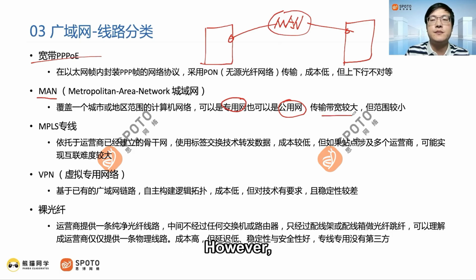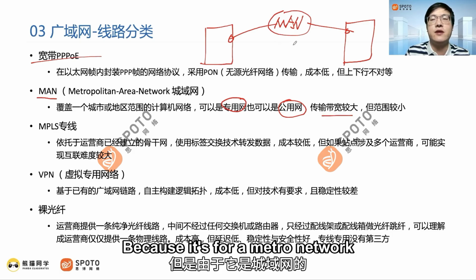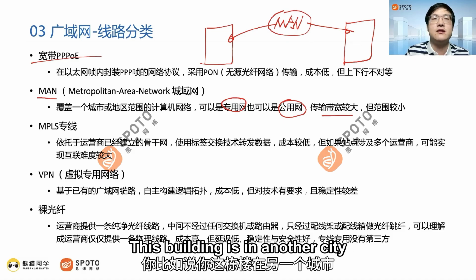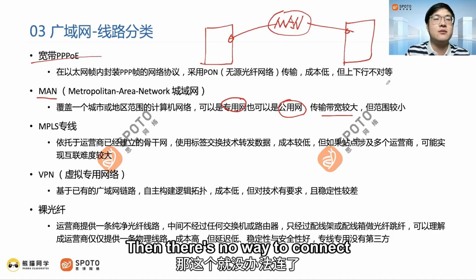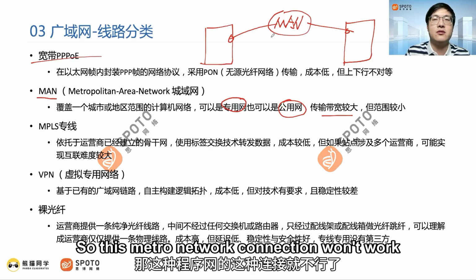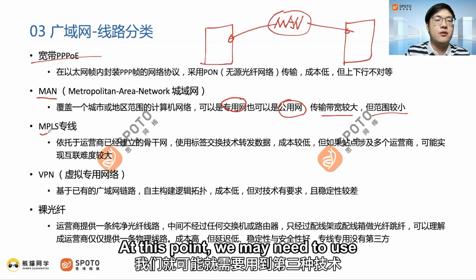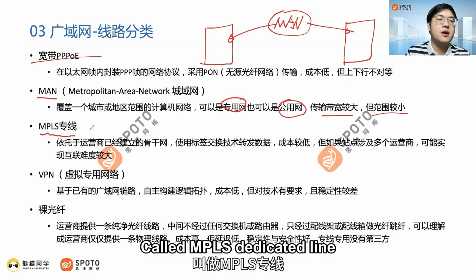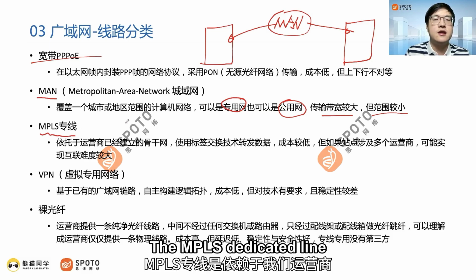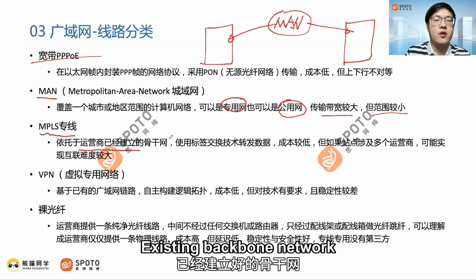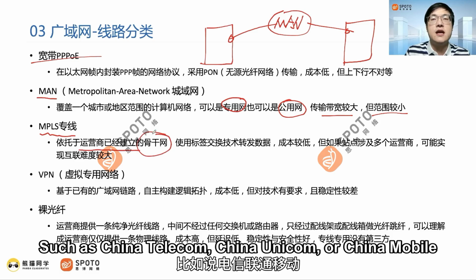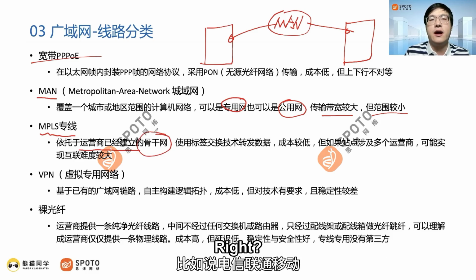However, because it's for a metro, if this building is in another city, there's no way to connect, or even farther, so this metro network connection won't work. At this point, we may need to use a third technology called MPLS dedicated line. The MPLS dedicated line relies on our carriers' existing backbone network, such as China Telecom, China Unicom, or China Mobile. It has a nationwide